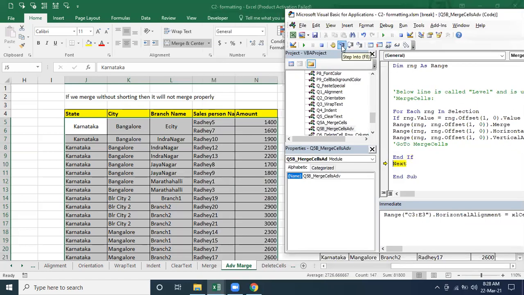And next time, what is the value of it? Just see what is the value of this. Which is saying it is empty. What range is going to pick?